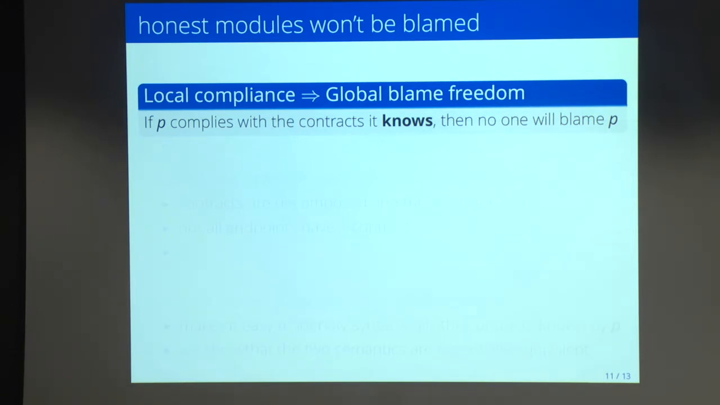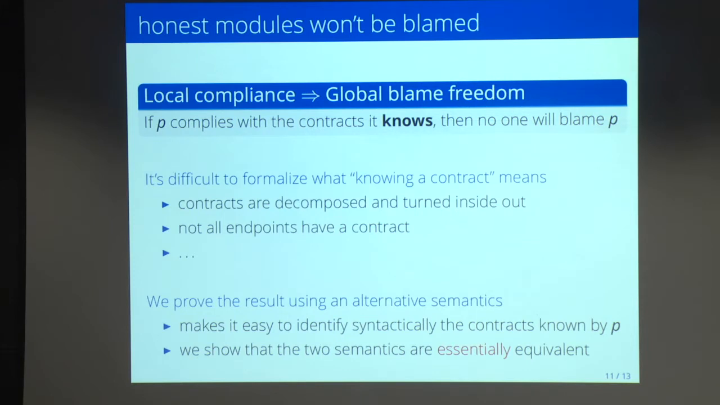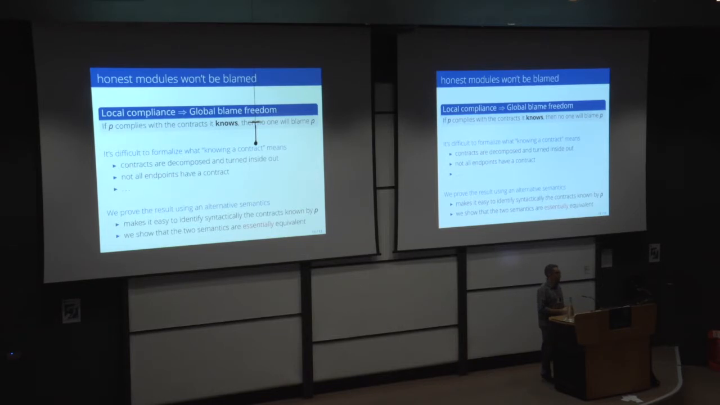Now, in this result, the tricky thing is what it means to know about a contract. This notion is a bit difficult to formalize precisely, mainly because, as you've seen in the slides before, during the reduction and during the interaction between processes, contracts are moved around and decomposed. We can have stacks of monitors which are turned inside out. Not all the endpoints might have a contract, so defining precisely what it means to know a contract